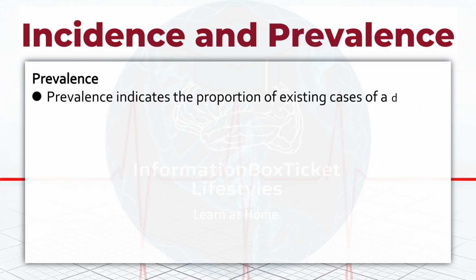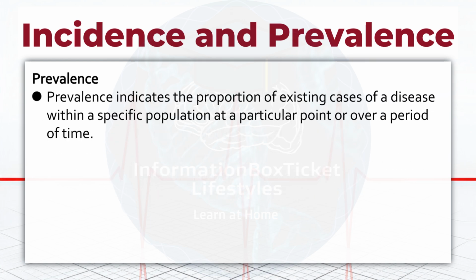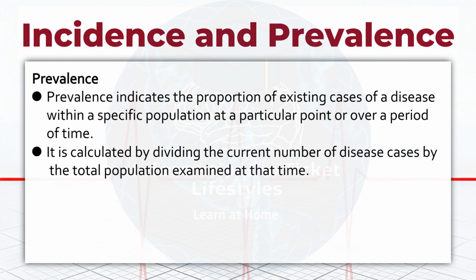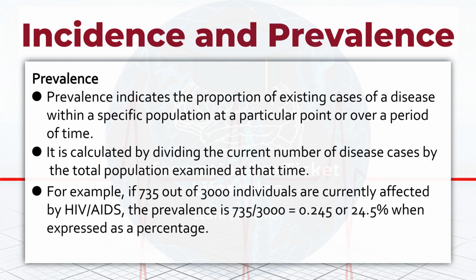Prevalence. Prevalence indicates the proportion of existing cases of a disease within a specific population at a particular point or over a period of time. It is calculated by dividing the current number of disease cases by the total population examined at that time. For example, if 735 out of 3,000 individuals are currently affected by HIV/AIDS, the prevalence is